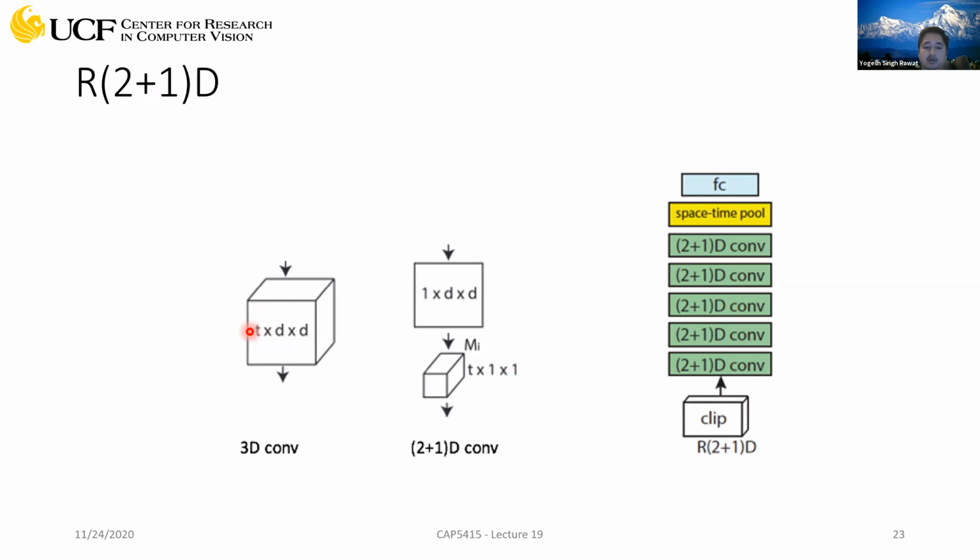So in this case, if you think about when you're performing this operation, the number of weights you require for this kernel will be T times D times D, right? You just have to multiply all these 3 dimensions. But if you compute the number of parameters you require for this particular operation, where you are decoupling your temporal and spatial correlation, that's D cross D weights in your first kernel, and T weights in your second kernel. So the total number of parameters is D cross D plus T, which is far less than the number of parameters you require for this 3D convolution kernel.